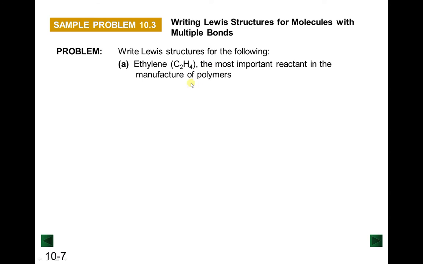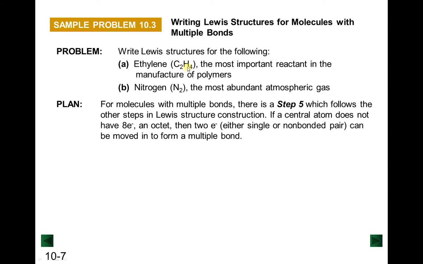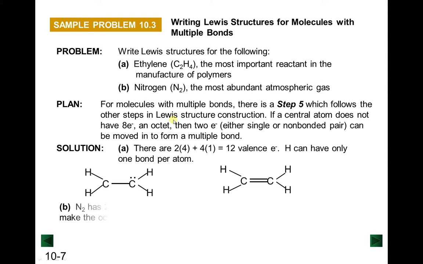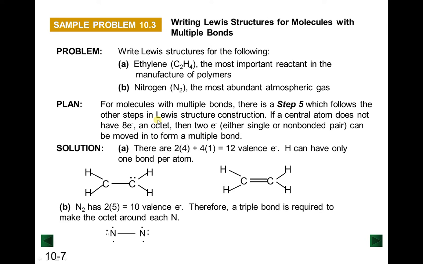Now let's try this other problem. Here you have ethylene, C2H4, and you have to draw the Lewis structure for this one, and also for nitrogen gas, N2, which is the most abundant atmospheric gas. So if we follow the previous steps we've been looking into in the previous slides, we'll end up with this Lewis structure for your ethylene, with single bonds everywhere, and you have a lone pair in one of the carbon